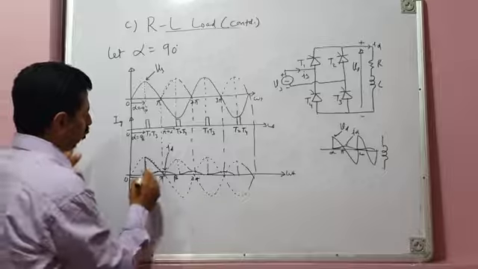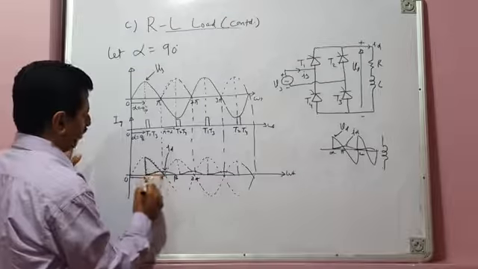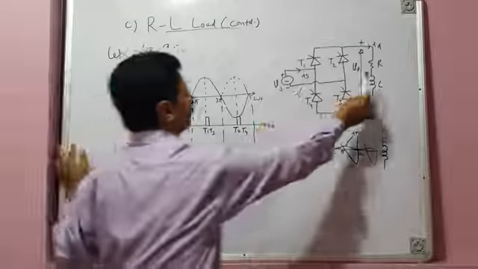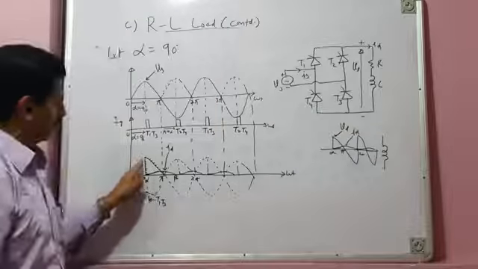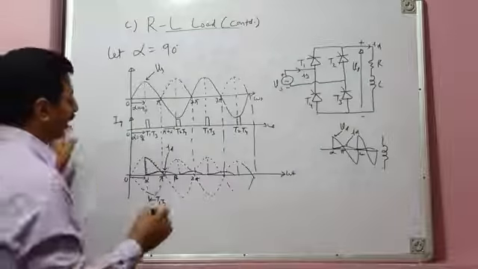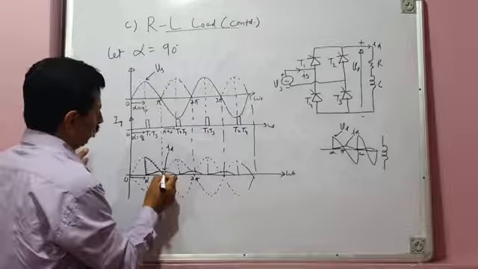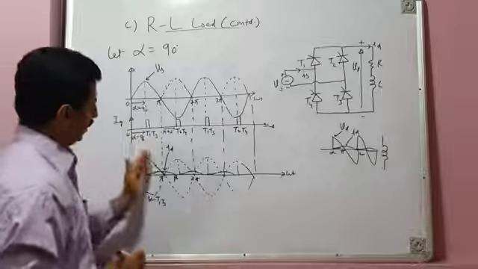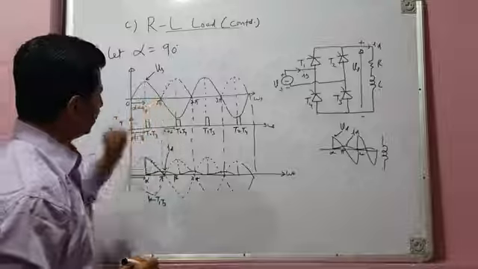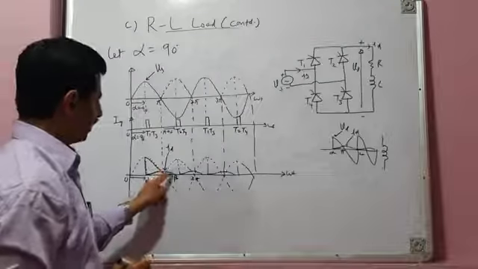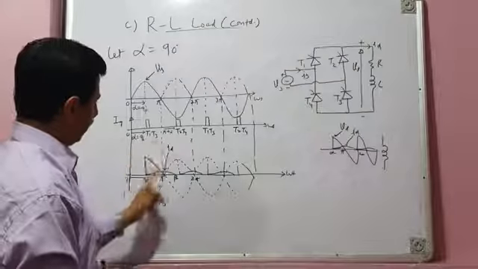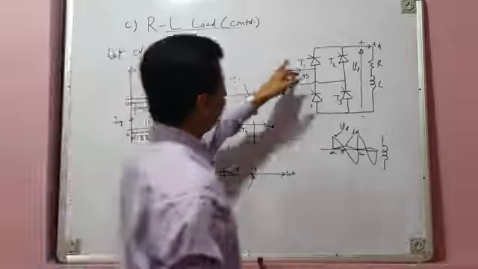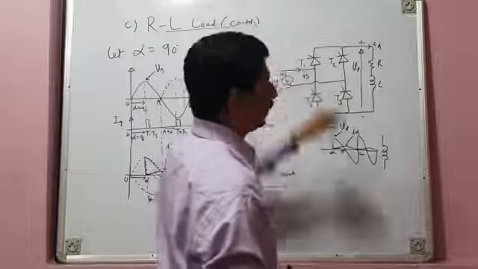Now we can see our load voltages like this from alpha to pi. What is the pair of devices which is conducting? The T1 and T3 pair is conducting, and the load gets connected to the source, and load voltage is the remaining segment of the positive half cycle of source voltage. Then from pi to beta, at omega t equal to pi, source voltage is 0, load voltage is also 0. But from pi to beta, source voltage reverses its polarity and current continues to flow. Earlier current was rising, now it is falling. So current continues to flow, and we already know that beyond pi, the T1 and T3 pair will continue to conduct.